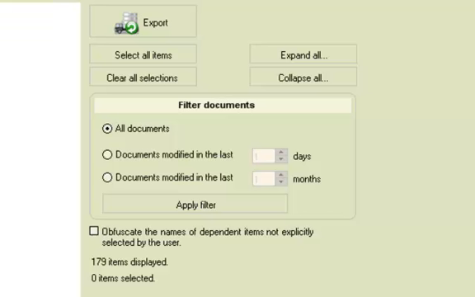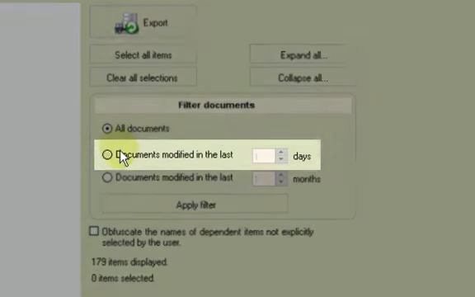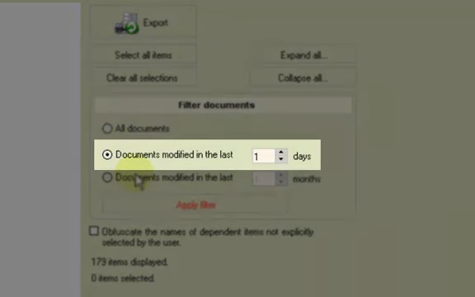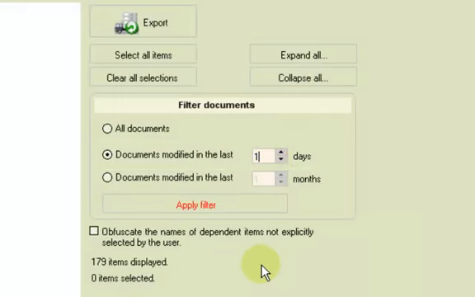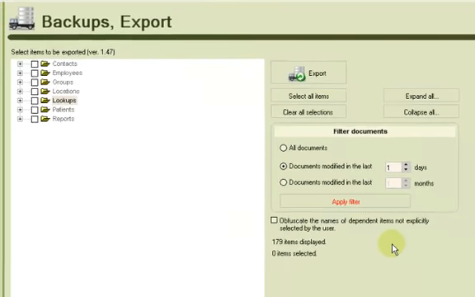I'll select the documents modified in the last number of days radio box, and I will use the accompanying field to set the number of days, in this case, to 1. The system will not filter until you specifically make the request, but it does change the color of the filter button to show you that the current display and the filtering request are inconsistent. I can change my mind and use different settings, but if I'm happy with the request, I'll then just press